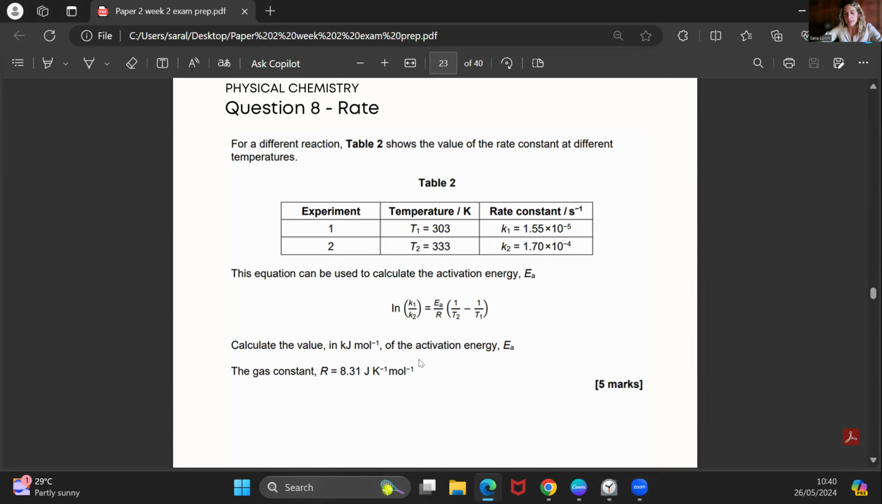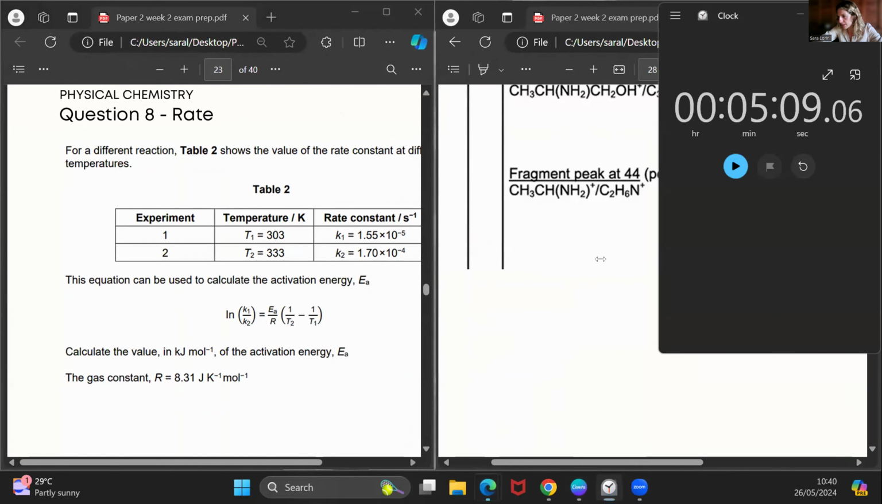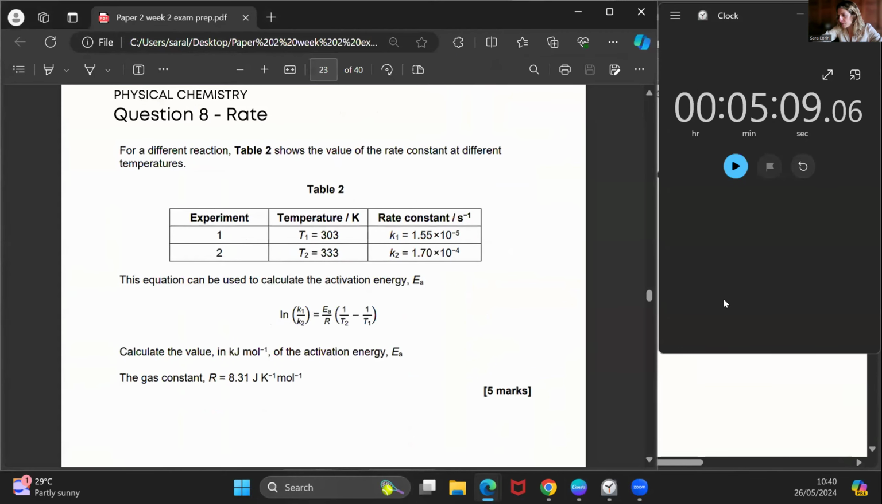So let's put the timer on this time, because I think it would be nice to put a bit more pressure. And 5 marks in 6 minutes maximum, starting from now. If you're watching the video, pause and play once you're ready with the answer. Correct answer,